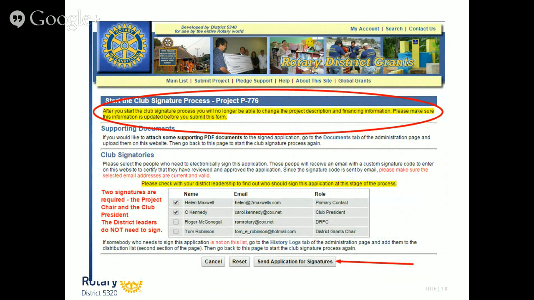It'll have an area called Club Signatories, and you'll notice there that there's also some district people. All you need to have signed are 2 people, the project chair and the club president. Check only those 2 boxes. Do not check the boxes for the district leaders. The reason being that